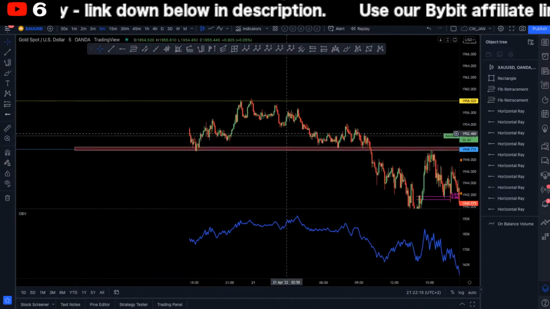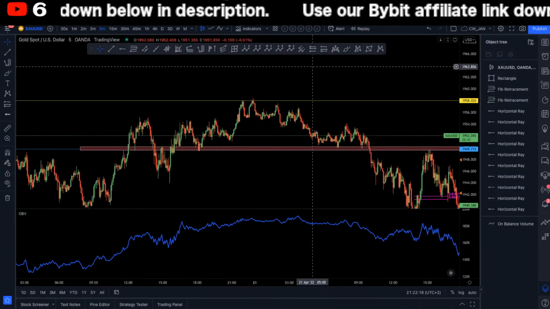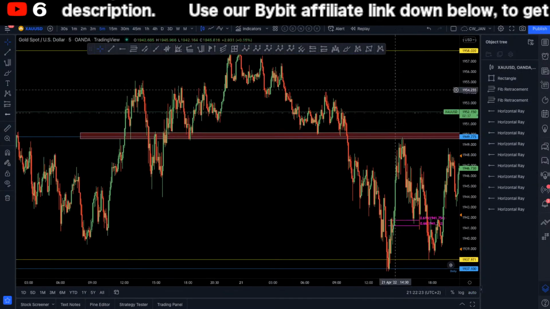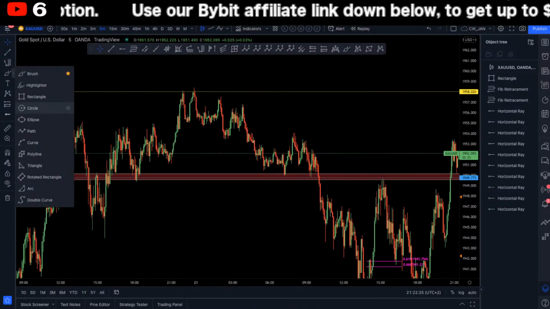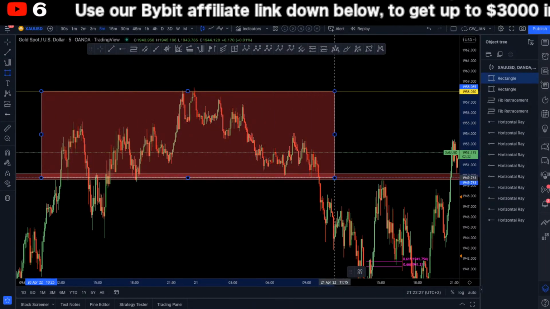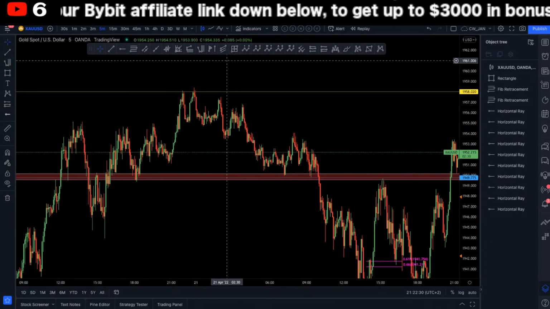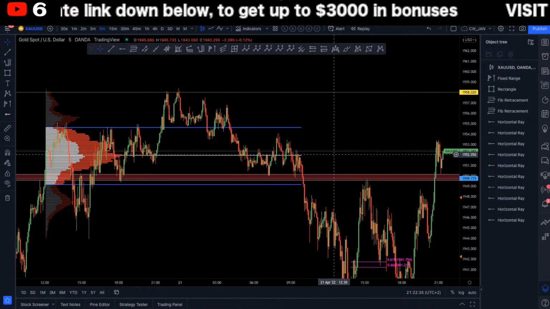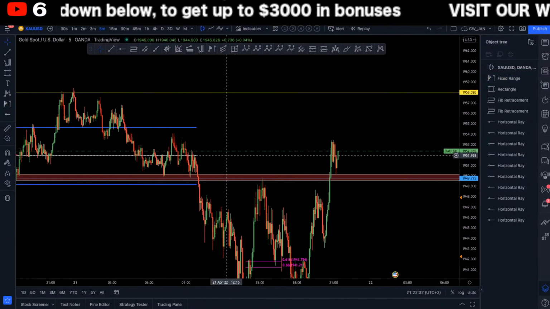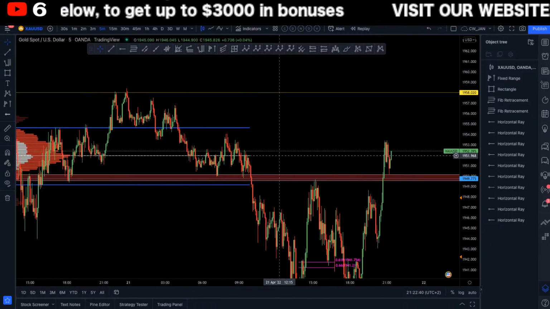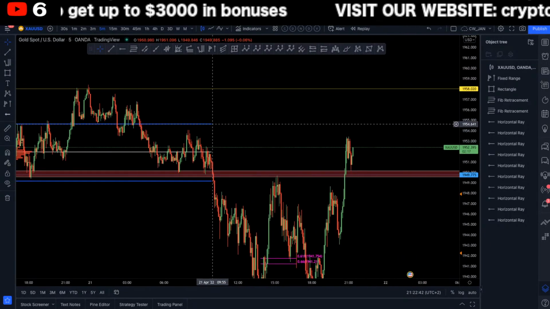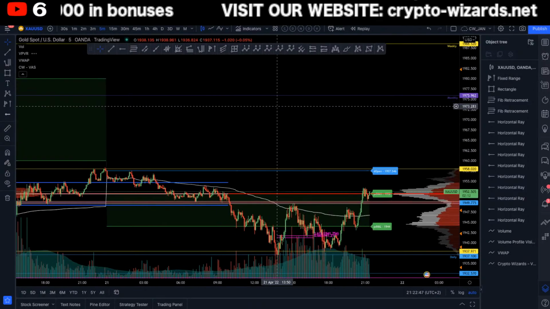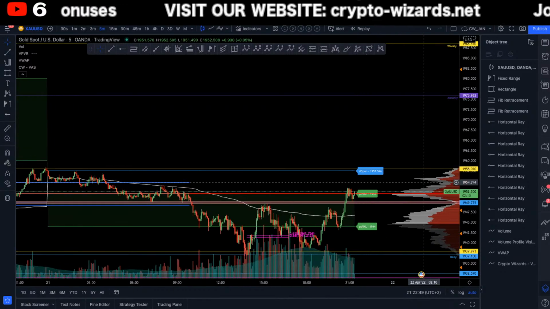Okay, so we're gonna do a few things on gold. We're gonna analyze this a little bit. How I view gold right now is that we have a range up here in this area. I want to see where is the value area high, where is the POC, and so on. So we are trying to reclaim POC now. Value area high 1954. This is actually even a daily open, I think. Now the daily open is right here, 1957.